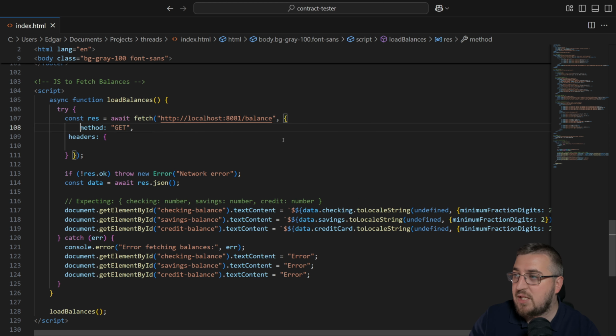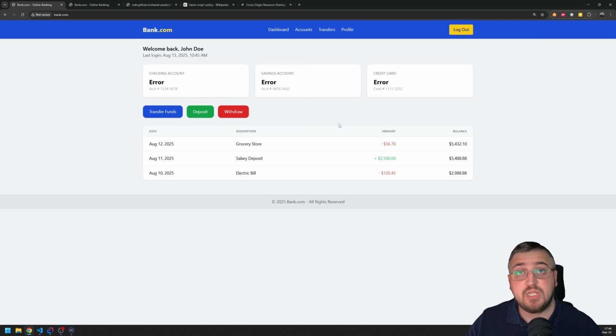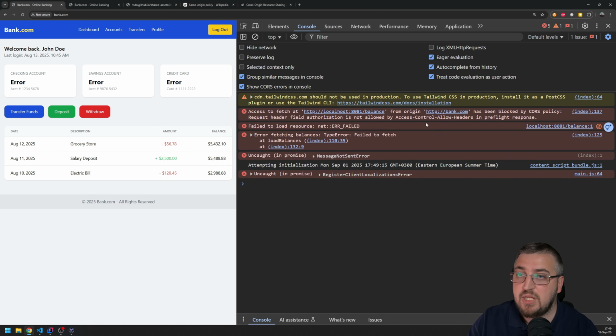So let's set up something. We now want to have here an authorization and provide some sort of token. And now refreshing the page, we can see that we end up with an error again. But we have not changed anything in the origin settings. The origins are allowed, everything is fine. So if we reload the page, we can see the request was again blocked by the CORS policy, but now